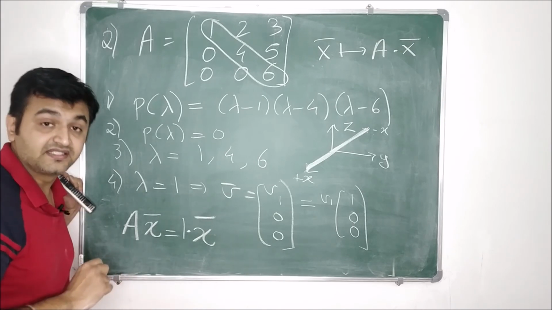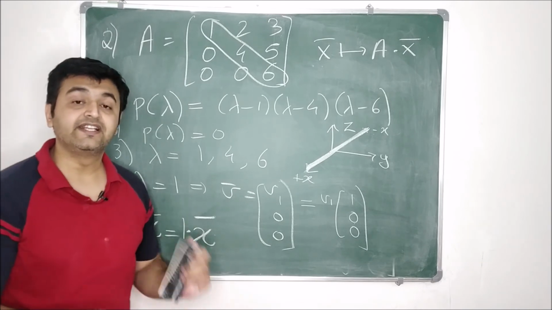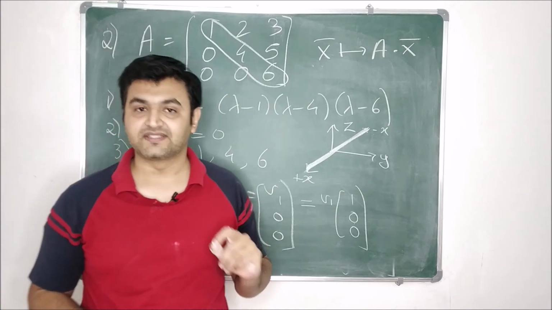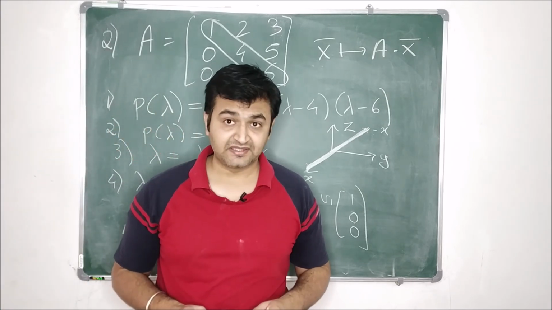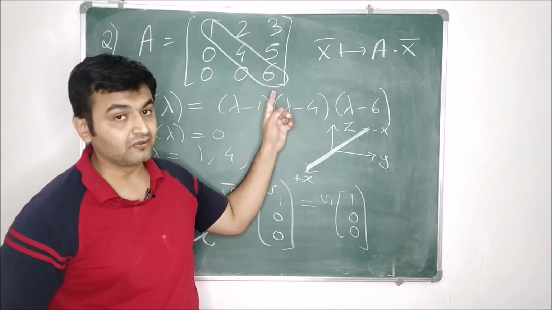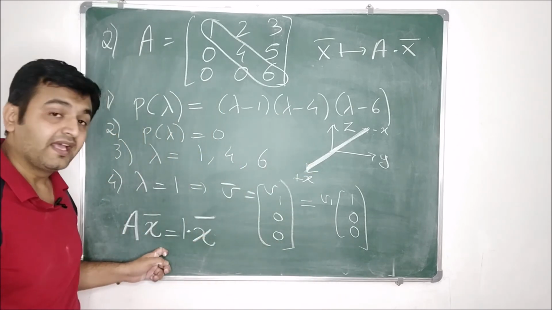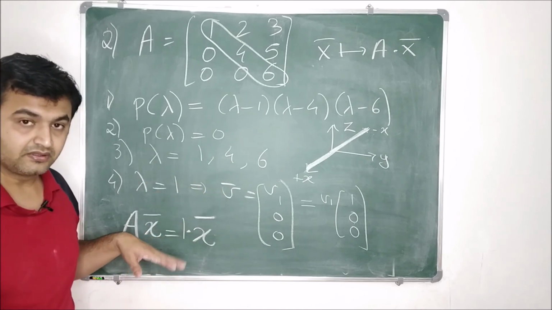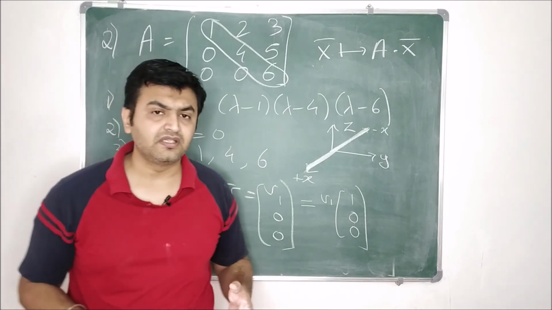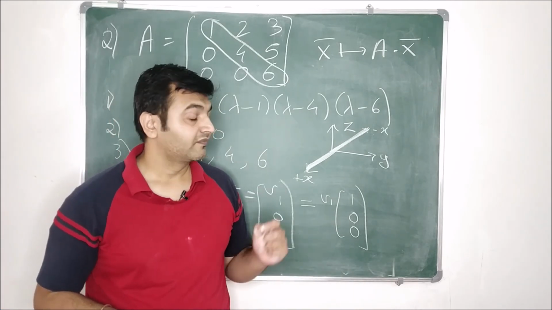Now the homework is, you will tell me what the eigenvectors are for lambda equal to 4 and lambda equal to 6. So you comment your answer in the comment section and tell me what the eigenvectors are for lambda equal to 4 and lambda equal to 6. You can write down the vectors and also tell me geometrically. Like for this one, the eigenvectors were nothing but the x-axis. The vectors on the x-axis are the eigenvectors. Similarly, for 4 and 6, can you tell me which line passing through the origin is acting as an eigenvector? So yeah, tell me that.